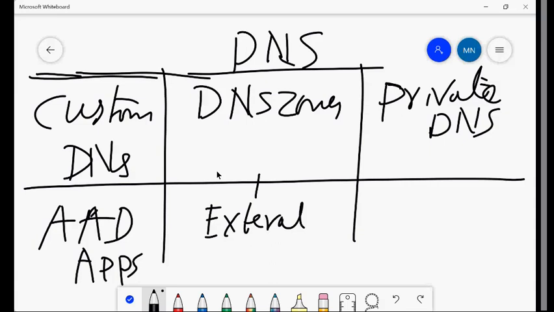Like I told you, right? If I want to start my own company, and if I want to host any records interfacing to the internet, if I want to host my application in the internet world, then definitely I have to rely on DNS zones.